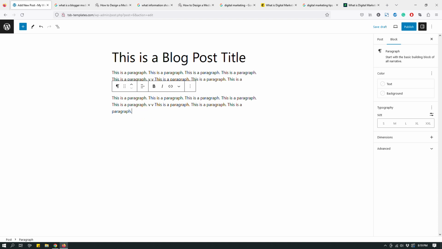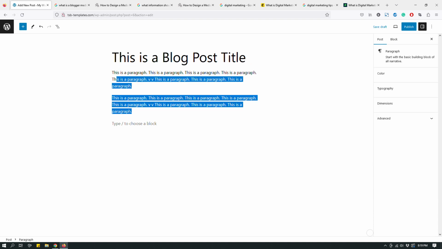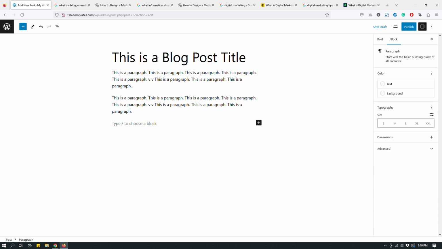And here I have a dummy blog post. As you can see, this is the title of the blog post. This is a blog post title. I have some dummy paragraphs. And here's what it looks like in the back end to have a header and then a list. And I'm going to show you the two different ways that you can create the list, or the two different ways that you can optimize your blog post for a list type